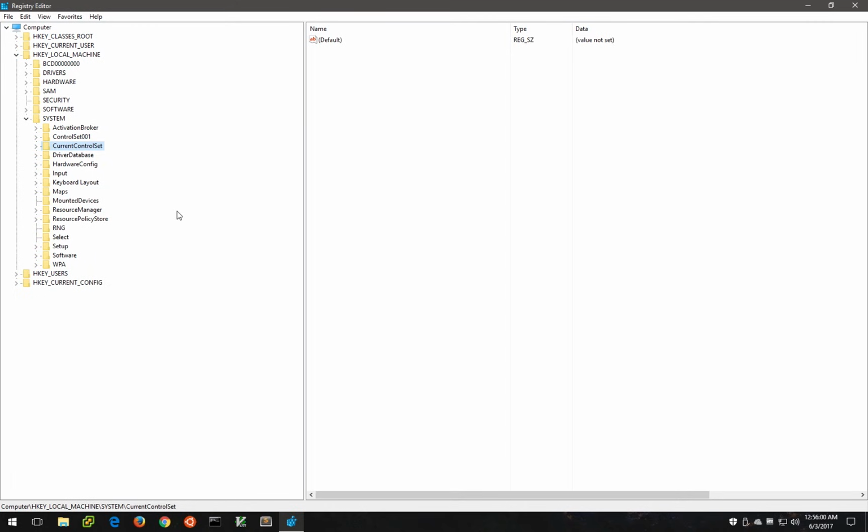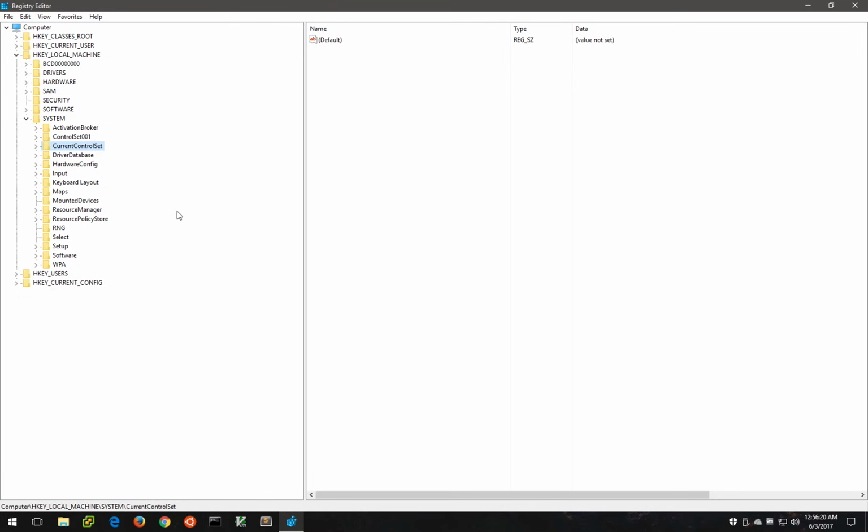If I'm analyzing a forensic image that I've obtained previously, however, there will be no Current Control Set. Instead, I'm going to analyze Control Set 001. But what if there were Control Set 002, 003, and so on and so forth? How do I know which control set was actually last used on the system? There may be more than one